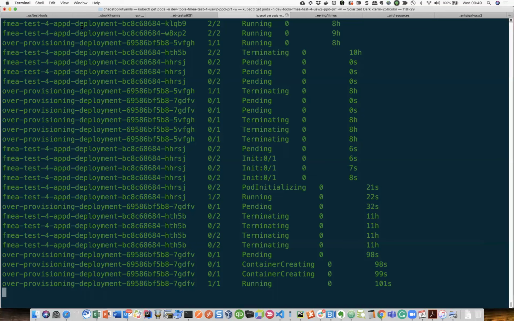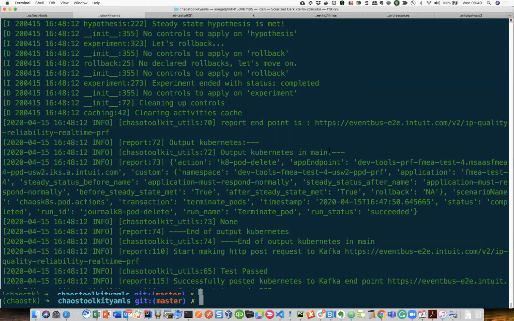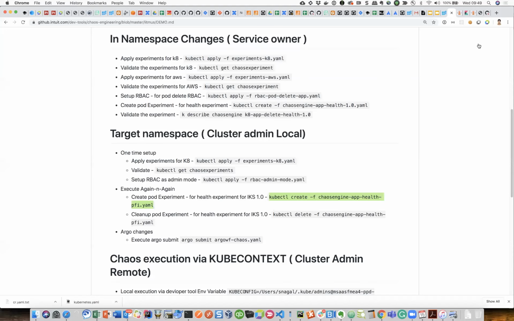So now the other pod has come back. Here, one other thing which we started is that we started pushing this event to our Kafka bus. What that meant is that this pod will provide some meaningful information so that we can track what has actually happened, and that is visible.